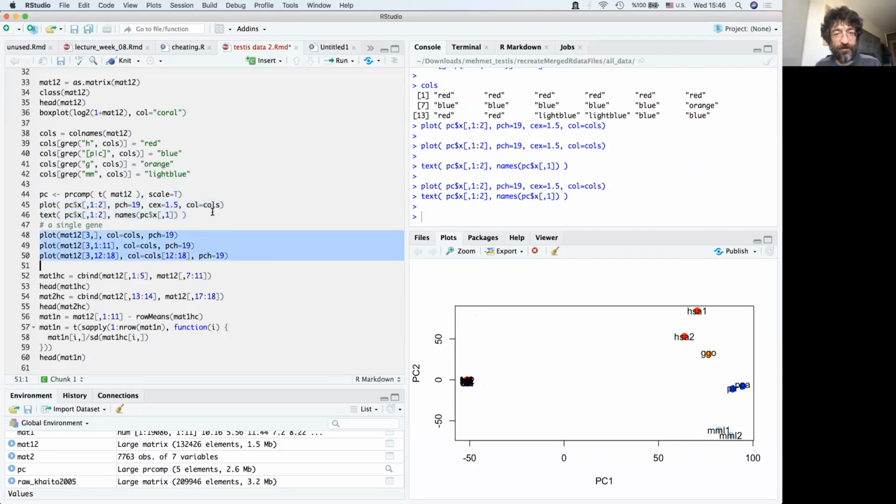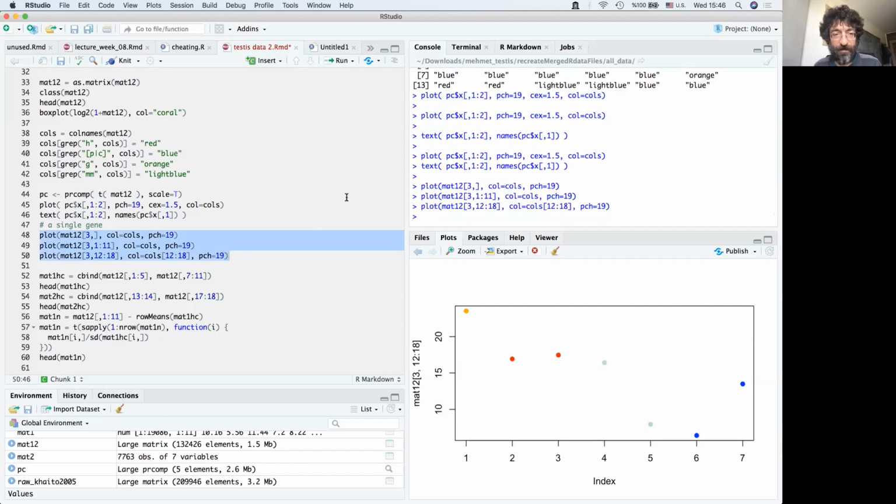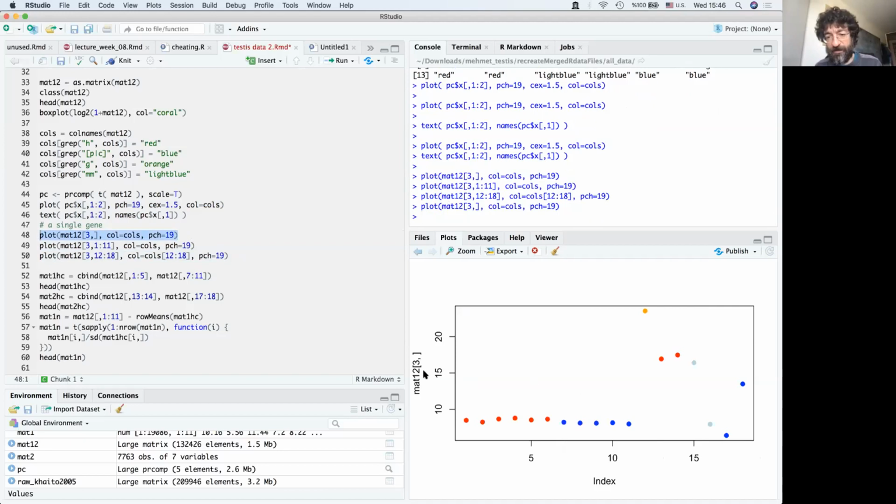Yeah, and we can also see what's going on just by studying a single random gene. Here I chose the third gene of this matrix. This is the expression level of the third gene, and the index is just random, the order of the individuals. These are humans, blue are chimps, gorilla, human, chimps, macaque.